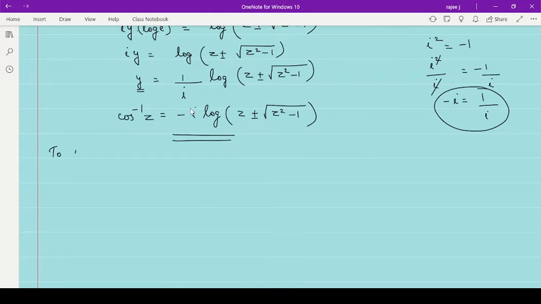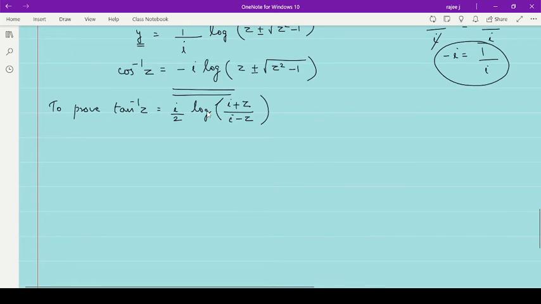To prove tan inverse z equal to, what is the answer, i by 2 log of (i plus z) divided by (i minus z). So be careful while writing z. Write along with me so that if you have any doubt you can ask. Now to prove this,